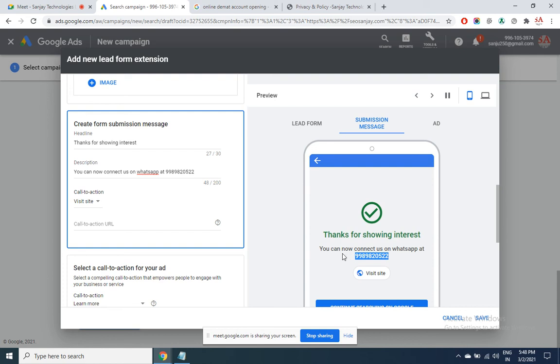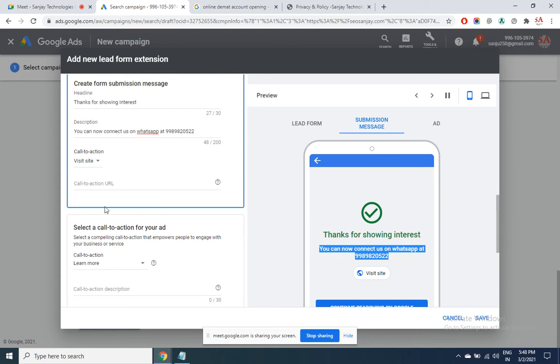This is what is going to be shown. You can drag the customer to WhatsApp as well. And in this link, anything that you want to add, visit the site or download the app, something like that, and then provide the address. I want the users to come to the home page when they click here.